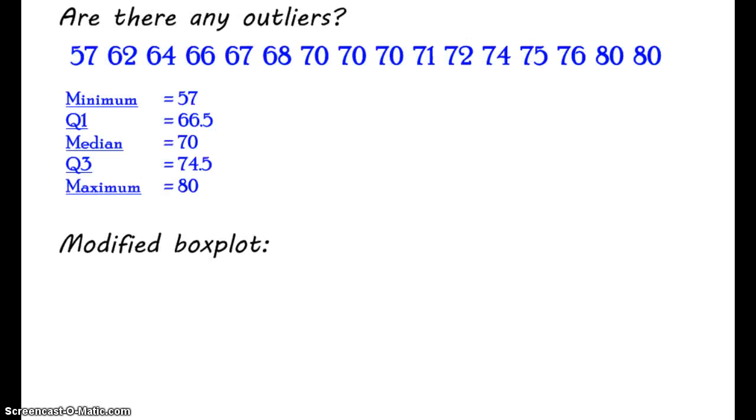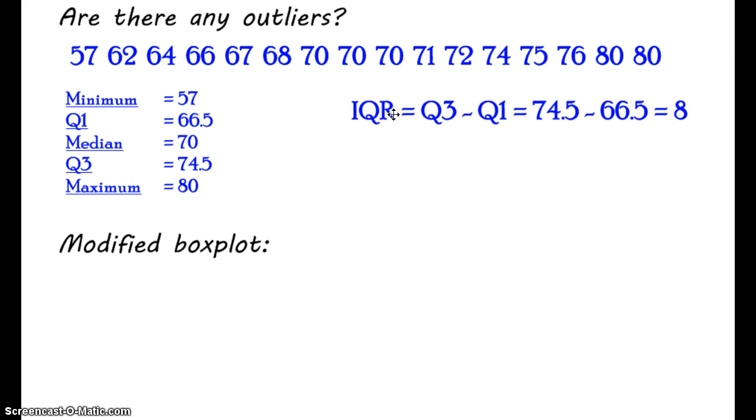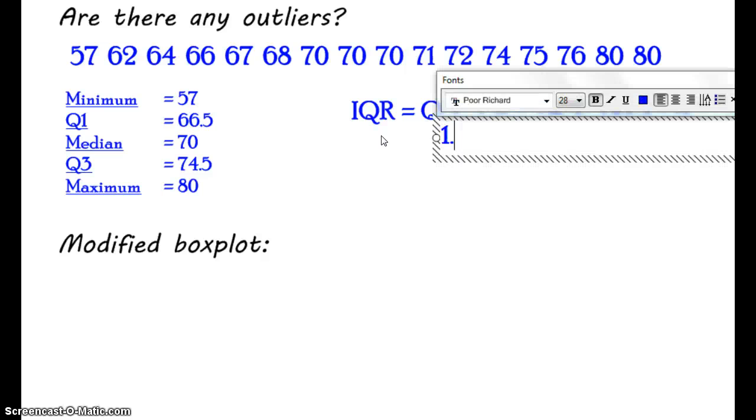So again, we see the 5-number summary. We want to find the IQR, and IQR again is the value of Q3 minus Q1. And so we are subtracting 74.5 minus 66.5, which gives us an IQR of 8. So the middle range, or the middle spread of your guesses, is about 8 years. Now if I were to multiply that by 1.5, so 1.5 times the IQR, then we get 12,